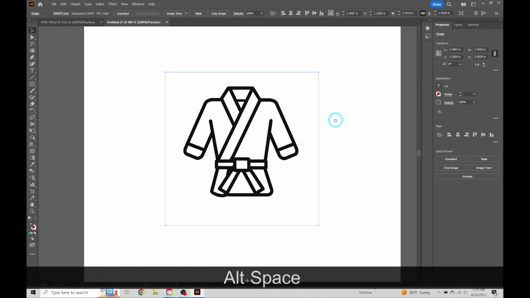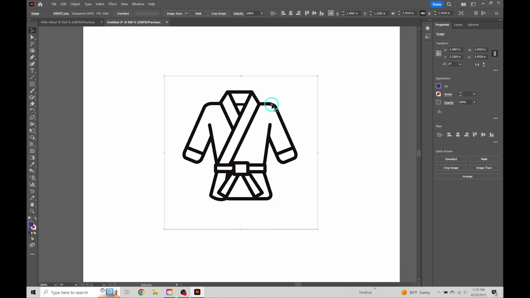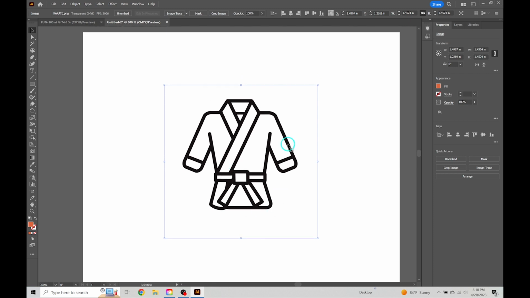You're also going to see that I can't change this color because it is just an image. And I'm not able to do that here. So what we want to do is take, and this works best if it's black and white images like this, crisp, clean edges. You don't really want to try to do this with anything that has any complicated coloring or textures. Go ahead and trace this, and then what it's going to do is turn it into a